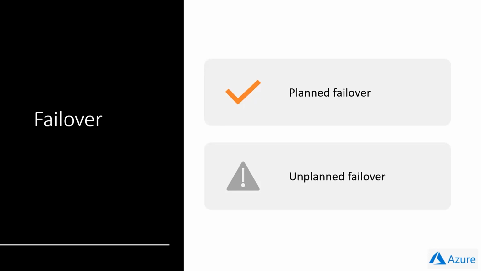Now, of course, there are cases where you will be doing an unplanned failover. Basically, an unplanned or forced failover immediately switches the secondary to the primary role without any synchronization with the primary. So any transactions committed to the primary but not replicated to the secondary will be lost. Of course, this operation is designed as a recovery method during outages. This is something that we don't plan.